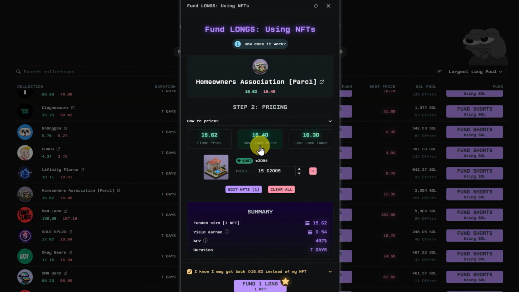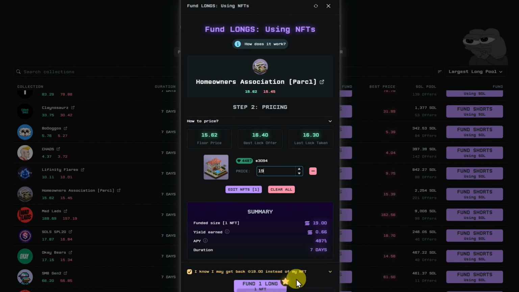The best lock offer is 16.4 Sol. The last lock was this. If you do not want to part with something, then you can go a lot higher, like 20 Sol. However, if nobody takes a lock, you will not get the yield. Personally, with Parcel, I'm bullish on this, so I wouldn't want to go too close to this amount. I think it can go up from here, and it could catch us up as well. So I'm going to go with